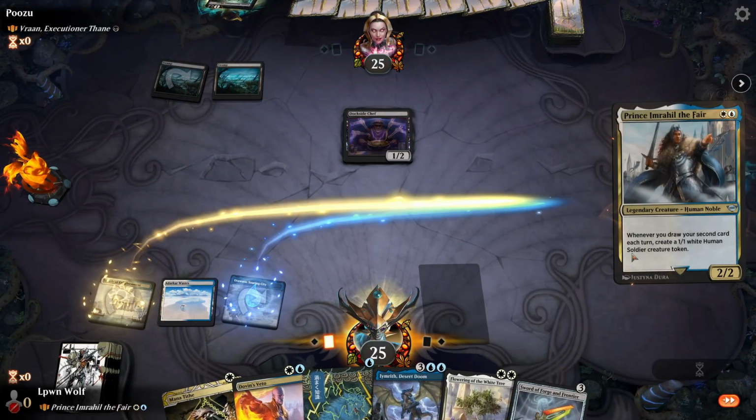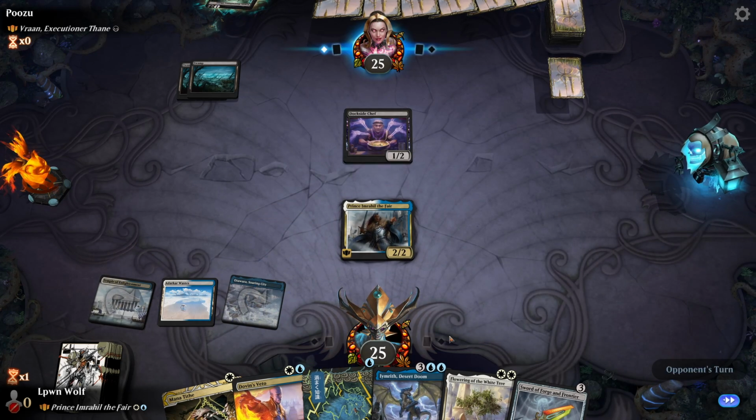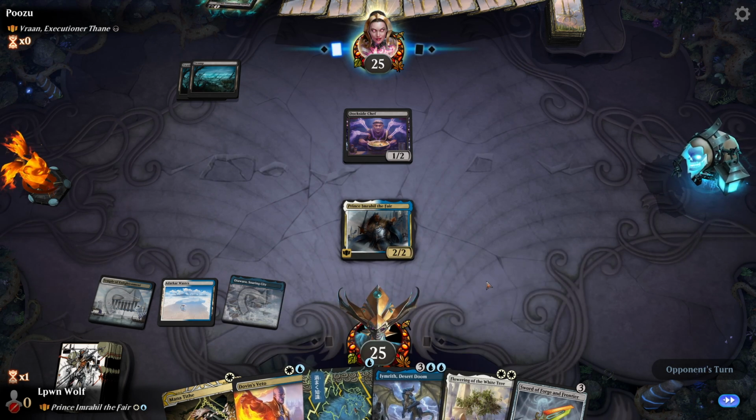Right, let's go for the Imrahil here, and we have Mana Tithe open in case I want to do anything naughty. We can also use the Brainstorm in their turn as well, to hopefully get some land to get to the Imrith. So depending on what they do...